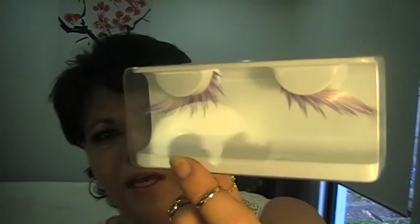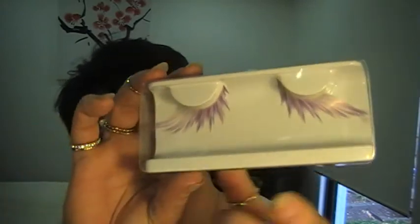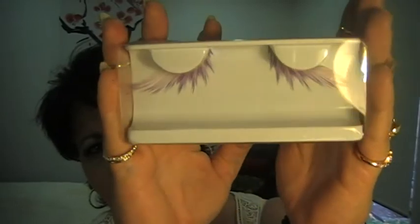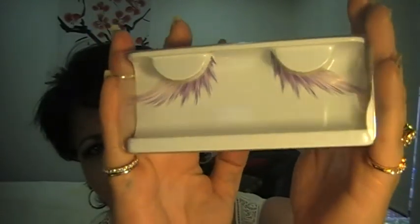One of the things I actually bought specifically to do for you guys, I bought a fabulous set of lashes, and I'm hoping you can see these, to do a look for Halloween. So I'm not sure what I'm going to do yet, but I just couldn't go past these. They were so pretty. They're like feathers, and they're pink and purple and white, so I just had to get those